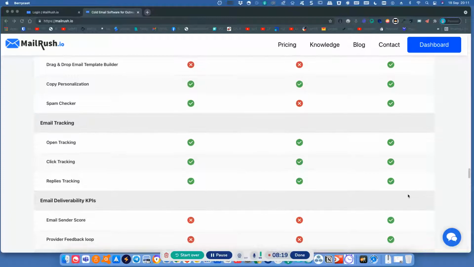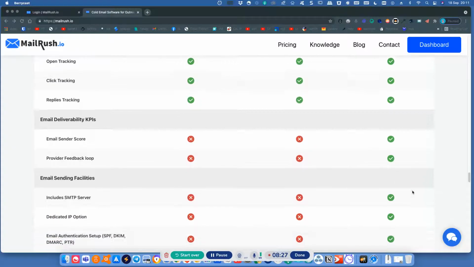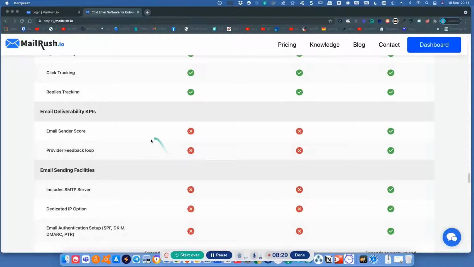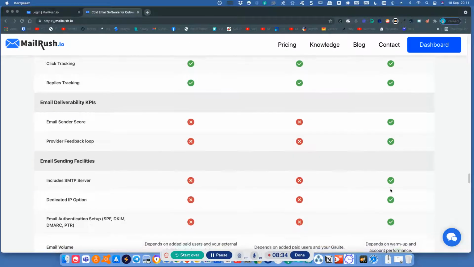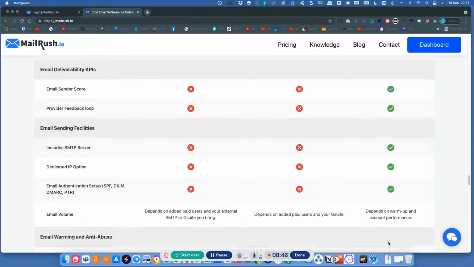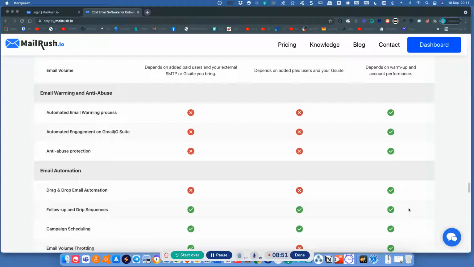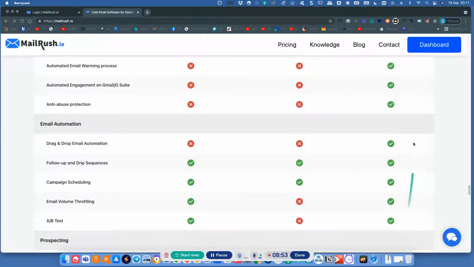As for the rest of these features, you can see that tracking is very standard, and then they would give you a sender score. This is something that's missing in the other two. They also give you an opportunity to insert your own SMTP. So, anything else? Yeah. They do have an email warming feature here,